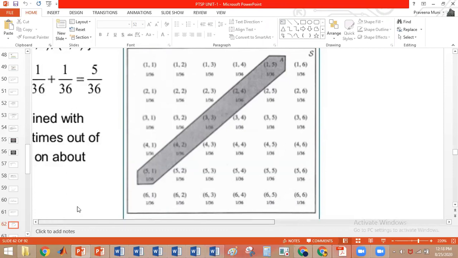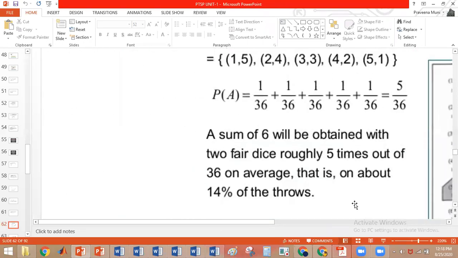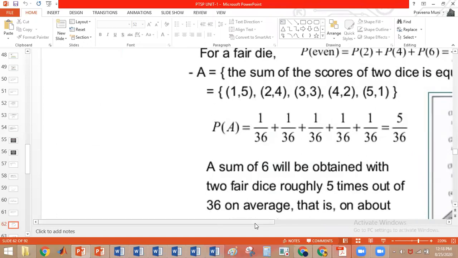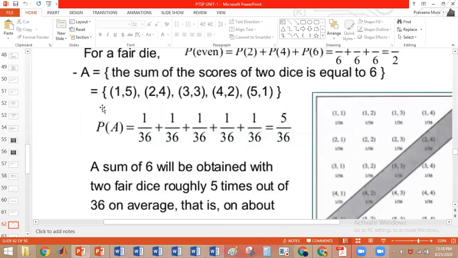The elements are 1,5; 2,4; 3,3; 4,2; and 5,1. These are the possibilities where the sum is equal to 6. Then what is the probability of A, and what is the probability of each outcome? The probability of this outcome will be 1 by